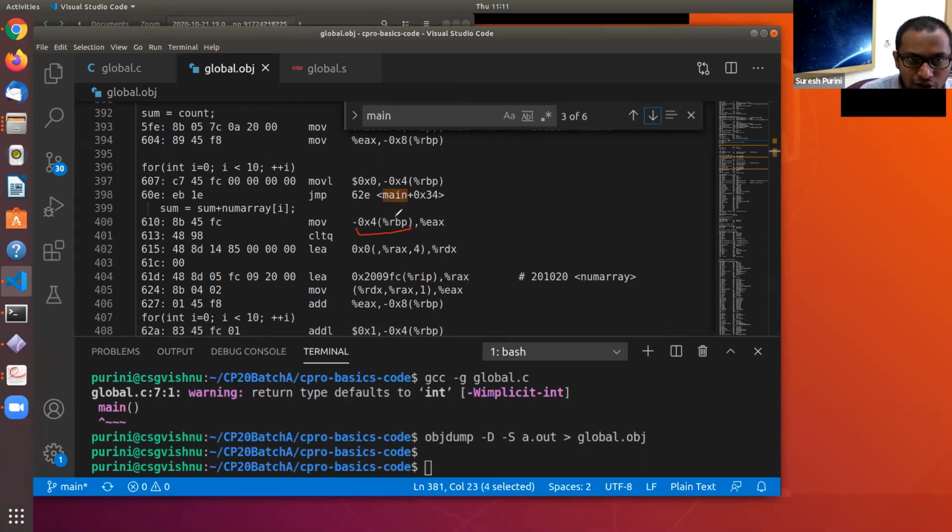What I would like you to note is that the variable I is allocated memory on the stack at an offset of 0x4 from the base pointer register, and the variable sum is allocated memory on the stack at a negative offset of 8 from the base pointer register.